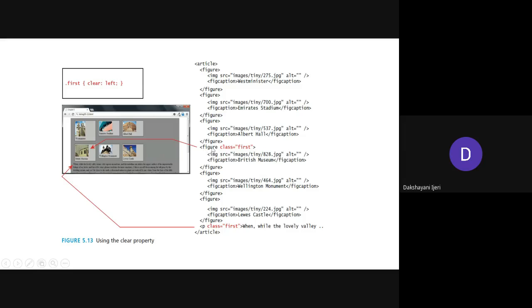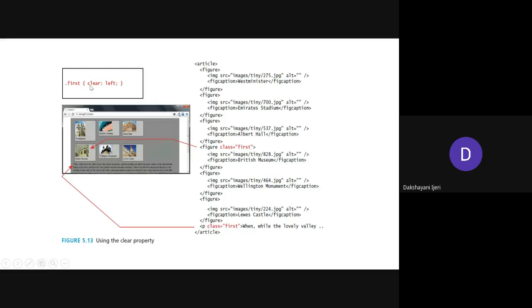When it comes to this figure for which the style has been applied as class equal to first, in which we have taken the clear property as left, that means this figure should not have anything on its left side. As I told you, to the content where you are using clear with left, the left should not have anything. So this figure on its left cannot have anything. Even if there is a space here, you cannot put that image over here. Why? Because if you put that to the left of that image, there are another three figures.